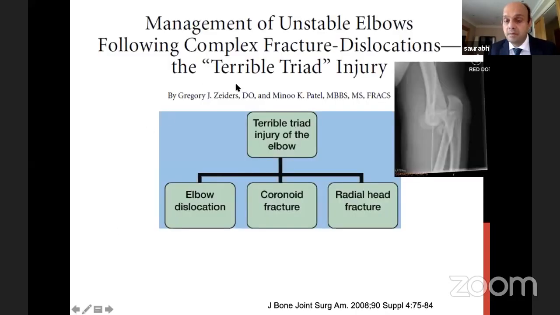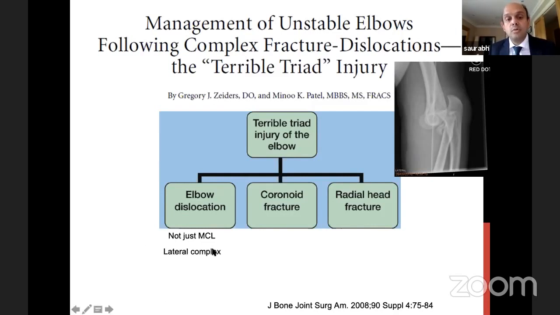And finally, the terrible triad, our topic of discussion today. So the terrible triad is basically when the elbow is dislocated. For discussion today, we will assume that when an elbow comes out, MCL and LCL both go. But practically the LCL goes and the MCL may not rupture. Just to keep it easy from an exam point of view, let's assume that when an elbow dislocates, whether terrible triad or simple dislocation, both ligaments have gone.